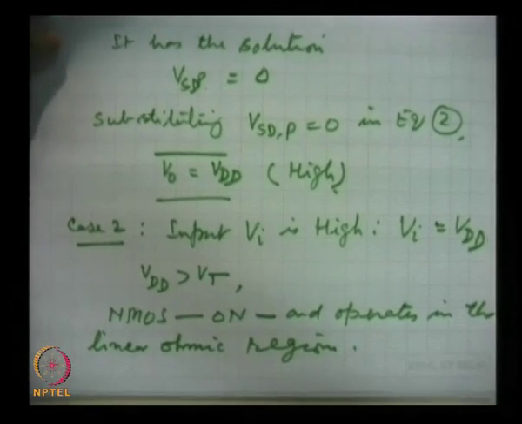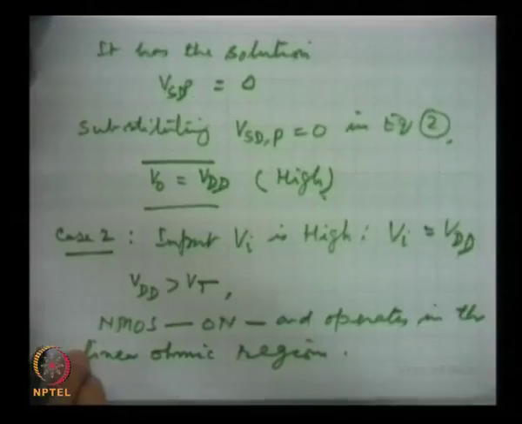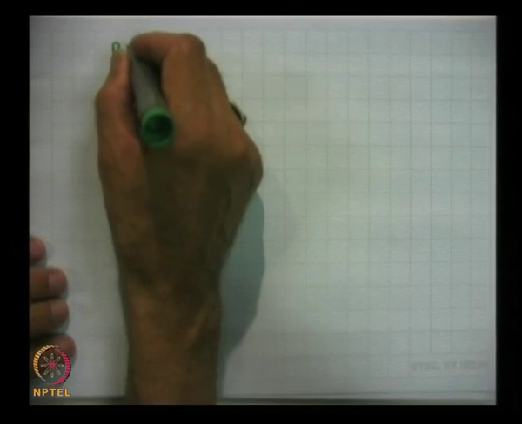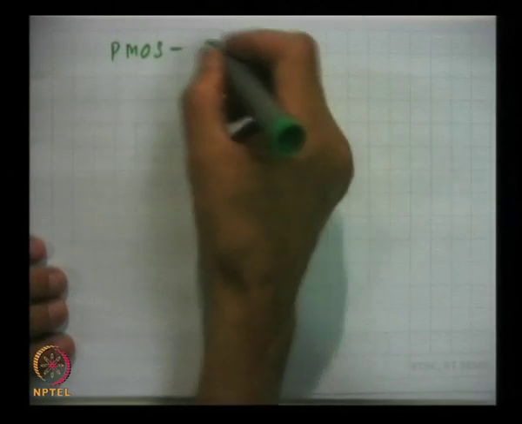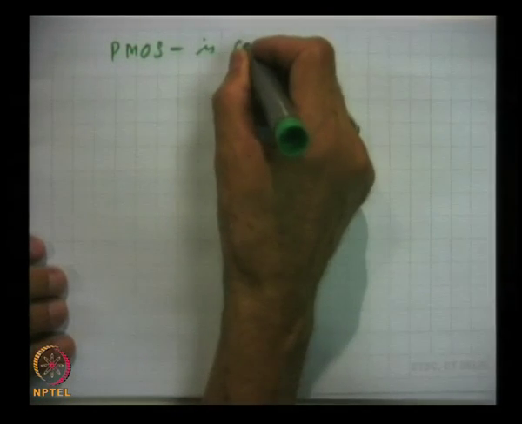But PMOS, let us see, this is the state of the NMOS. NMOS is conducting. Then what about the PMOS? PMOS we will see is cut off. PMOS is off